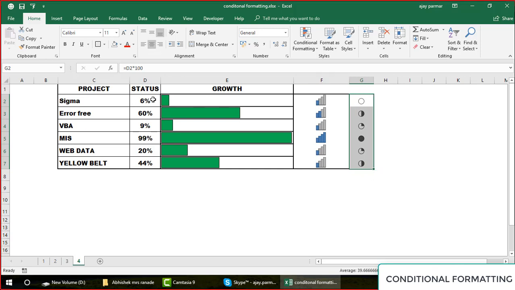So you can see here, guys, first of all, that the 6% is not showing any color, which is wrong, right? So if I put 6% here again, this is not working, right?